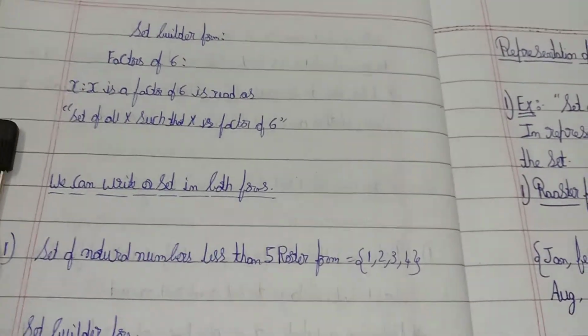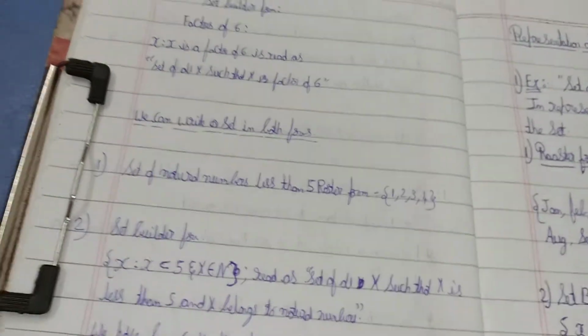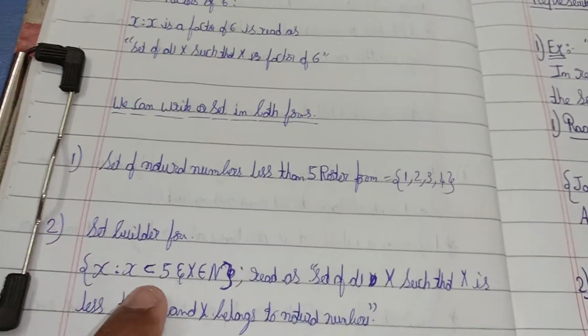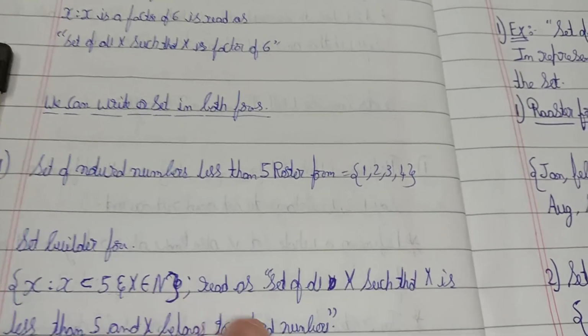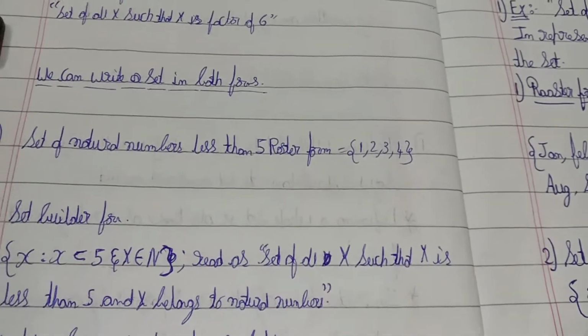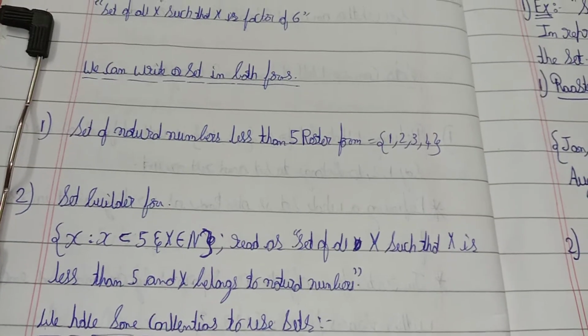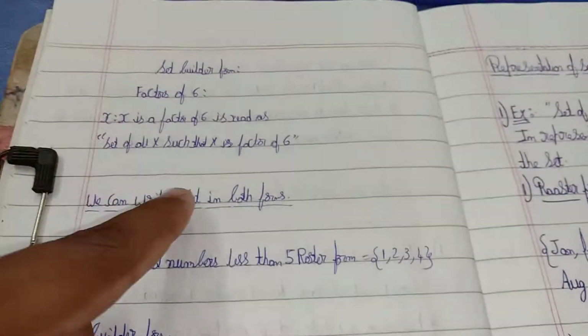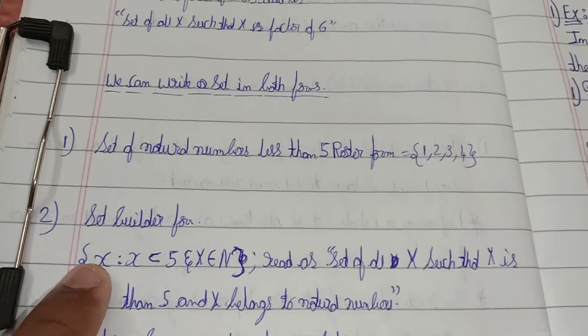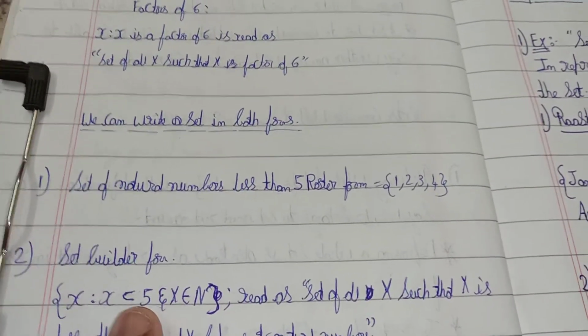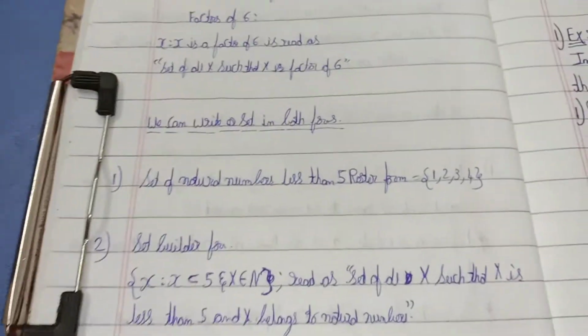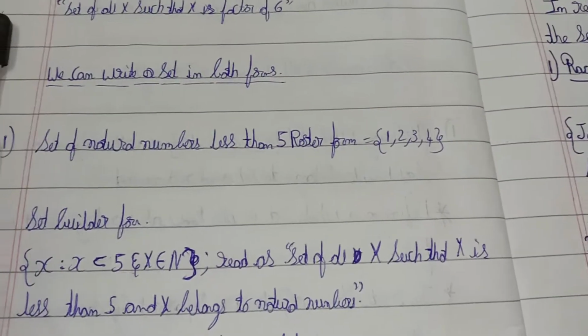This is one form and set builder form is another form, guys. In this, {x : x < 5 and x ∈ N}, which is read as the set of all x such that x is less than 5 and x belongs to natural numbers. I told you here only, guys. One x is all of 1, 2, 3, 4 and the other x is 1 or 2 or 3 or 4. In that, guys, these are less than 5 and x belongs to N. N means natural numbers, guys.